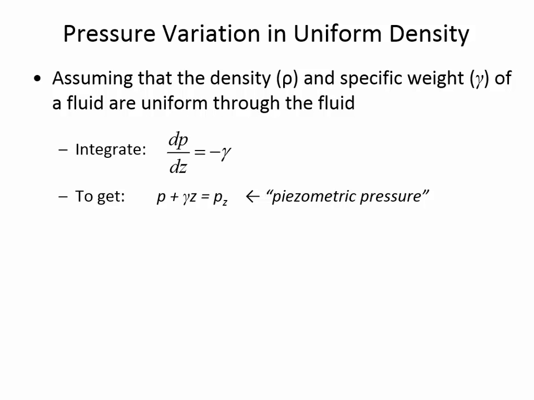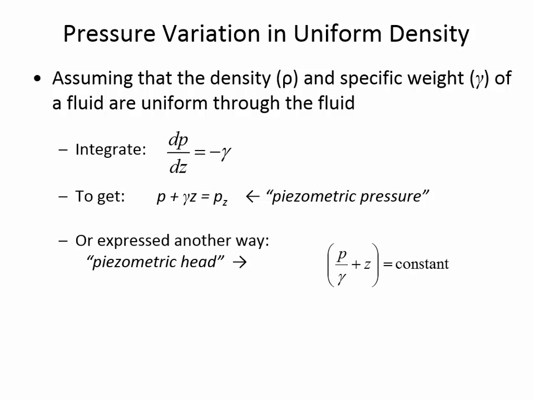And so if you have a hydrostatic situation, which is water that's not moving, water inside of a tank, you can move around any place in that tank and have constant piezometric pressure. It's only when liquids begin to flow, when you have non-hydrostatic conditions, that the piezometric pressure would be different inside a continuously connecting body of a fluid. But this is just the first time you'll see this definition of piezometric pressure. We'll come back to it again through the semester, but what it allows us to do is express it a different